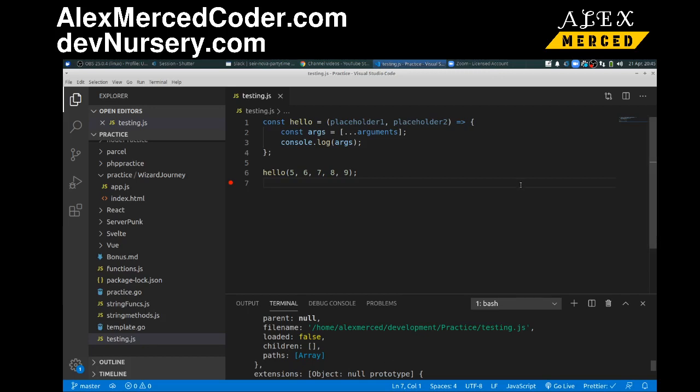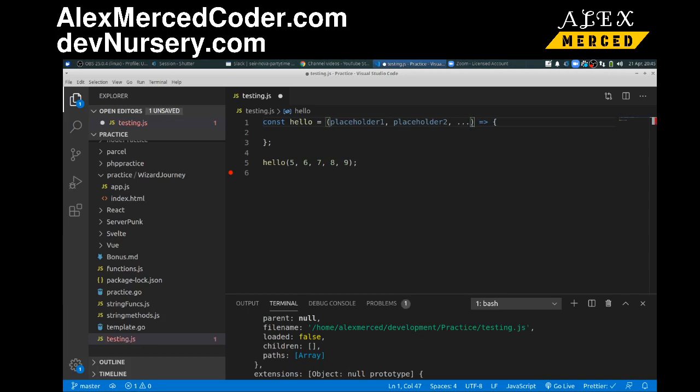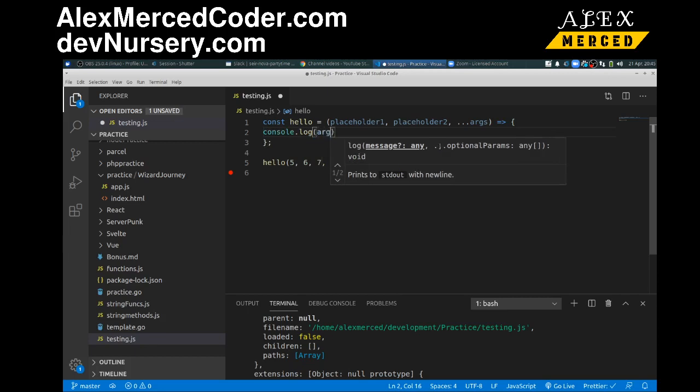But, so what do I want to do here then? Well, I still would like to have all those other arguments. What I can do is create a third argument or a third parameter and put 3 dots, which is referred to as the rest operator in this context. And I'll just say args. Okay, and what that'll do is take all other arguments, put it in args. So now, if I console.log args,